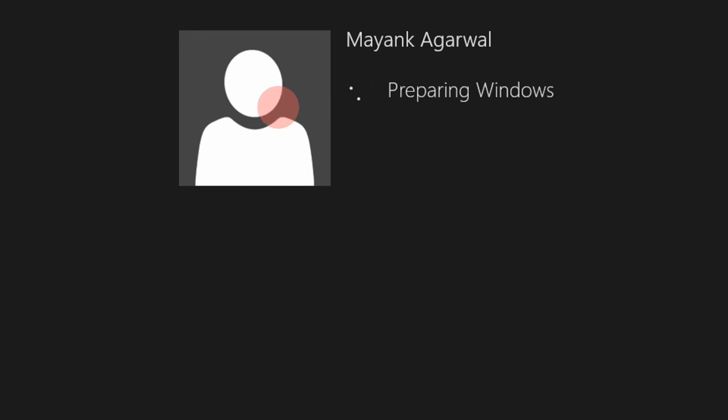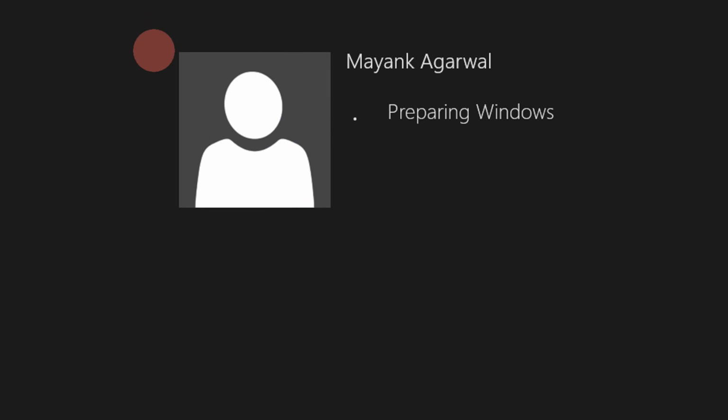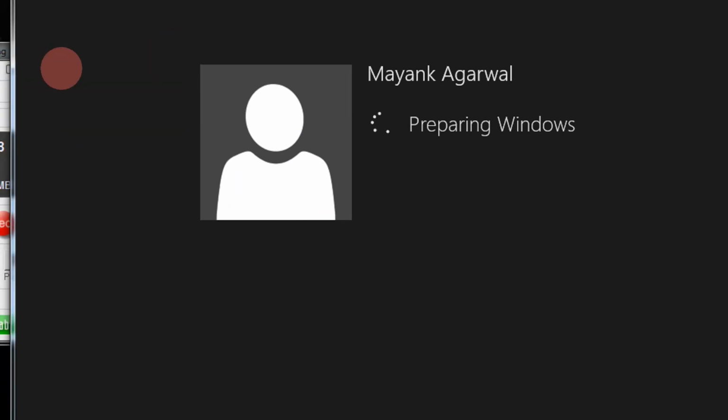So we had selected the express settings. Had you gone for the custom settings, you could have actually selected a photo for yourself, and the photo would have been displayed here.